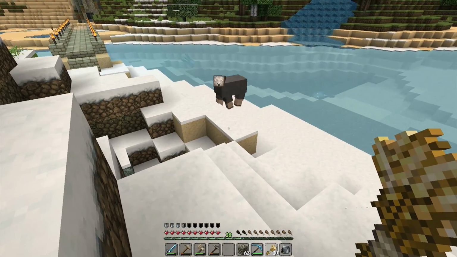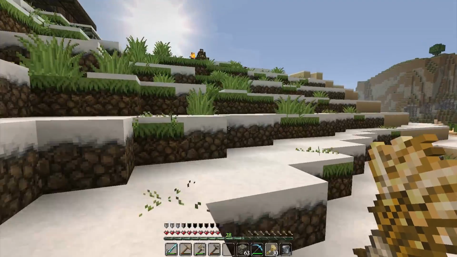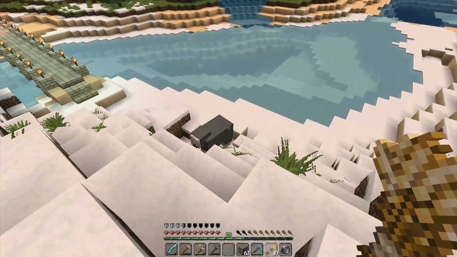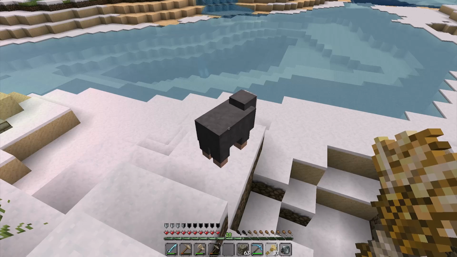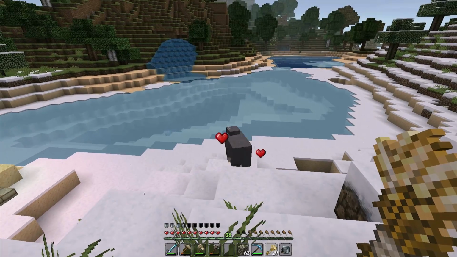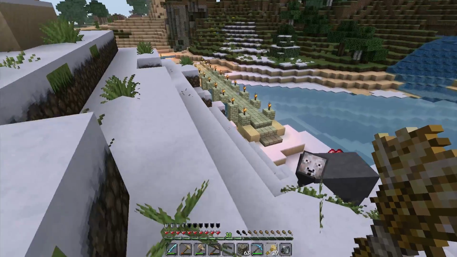Come on, sheepy. That's right. Where'd you go? Up here. Sheep, sheep, sheep. Look. Just give it some wheat, come on. Yeah, there we go. I think I'm definitely going to breed a bunch of sheep because I would like to